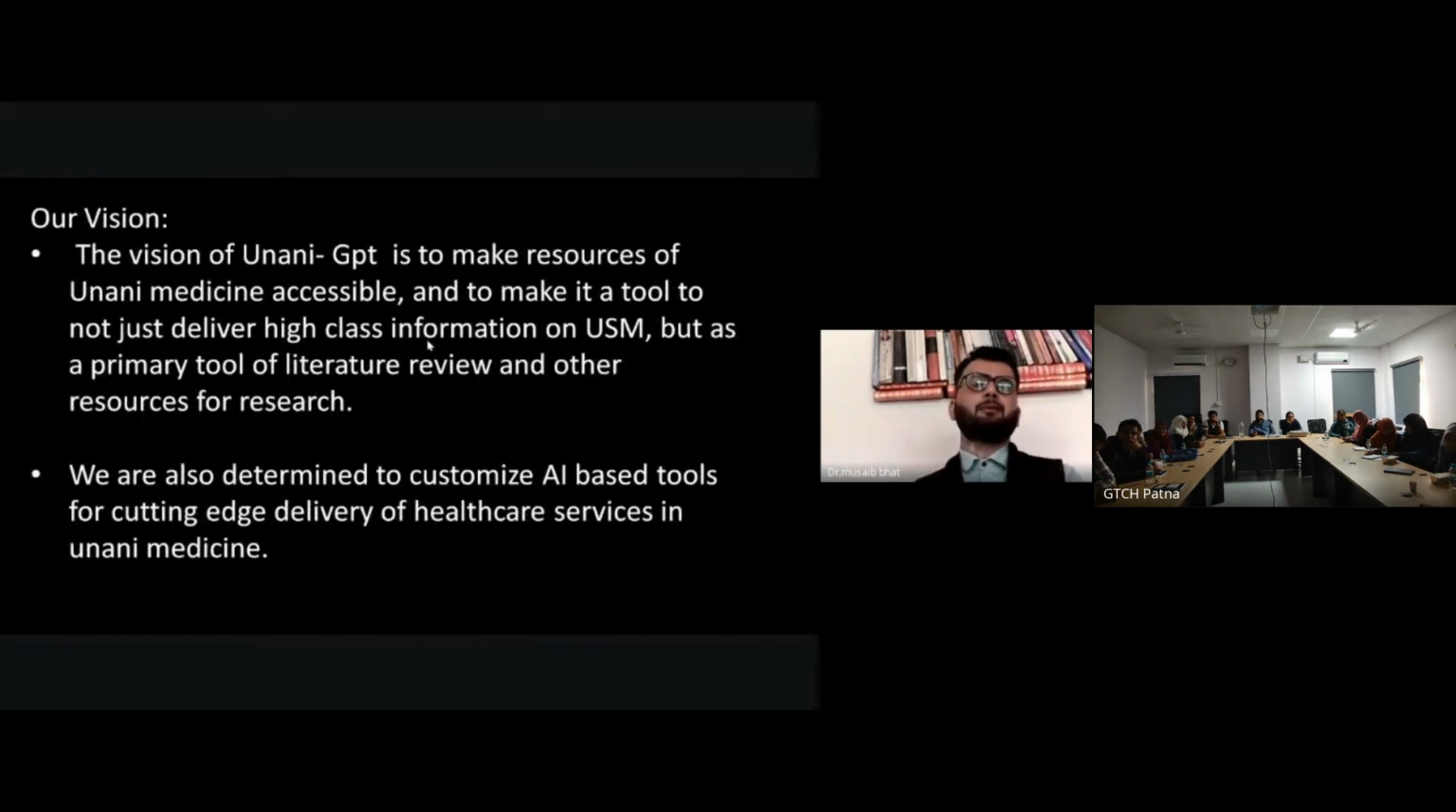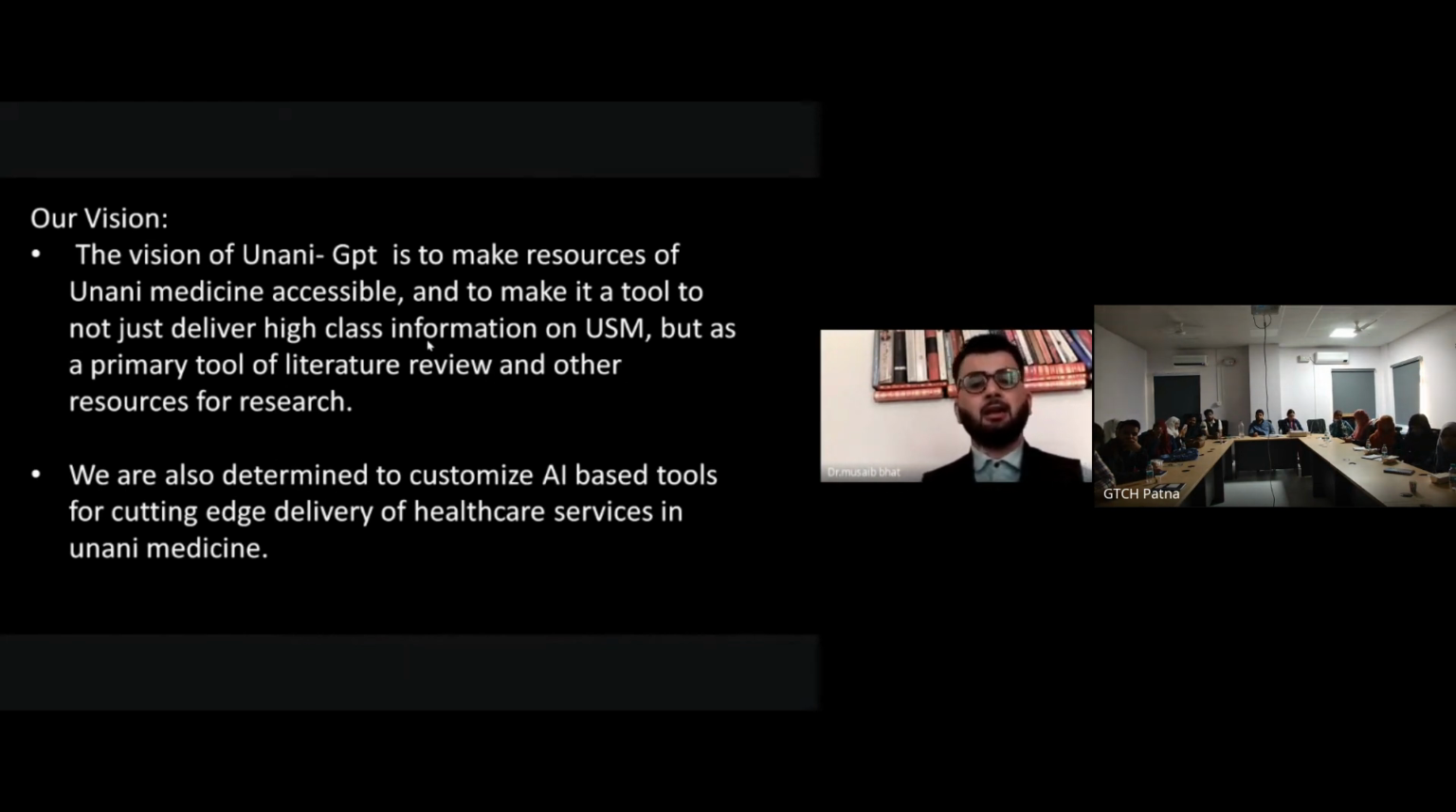So what's our vision? The vision of Unani GPT is to make resources of Unani medicine accessible. This is one of the problems with the information that we have. It's in classical texts, most of which are not available in a good translatable form, and they are not accessible enough for everybody. So we want to make them accessible. We want to actually help translate them using these AI tools, and to make it a tool to not just deliver high